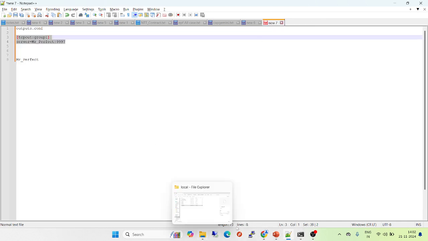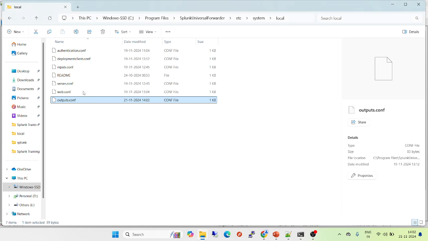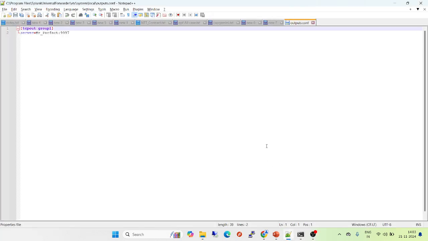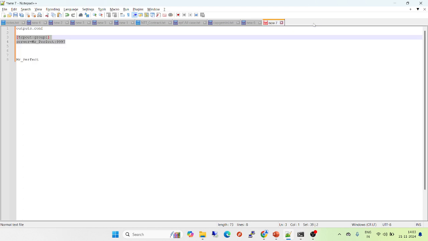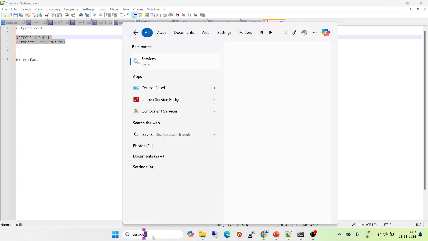into your universal forwarder, you'll have to restart it. Just to make sure, I closed it and reopened it to check, and yes, it is saved. Now I will go to the services. You can type services here